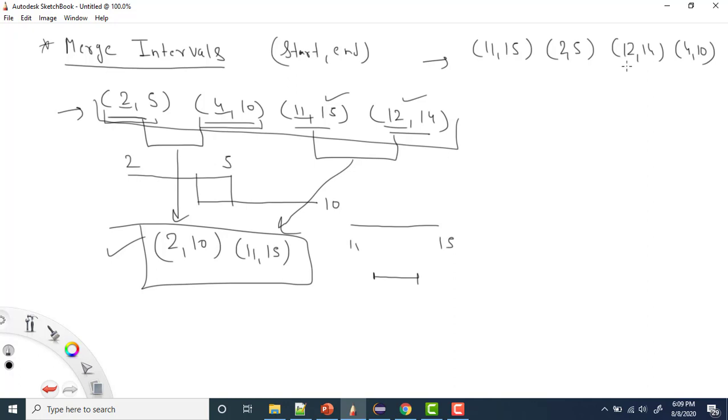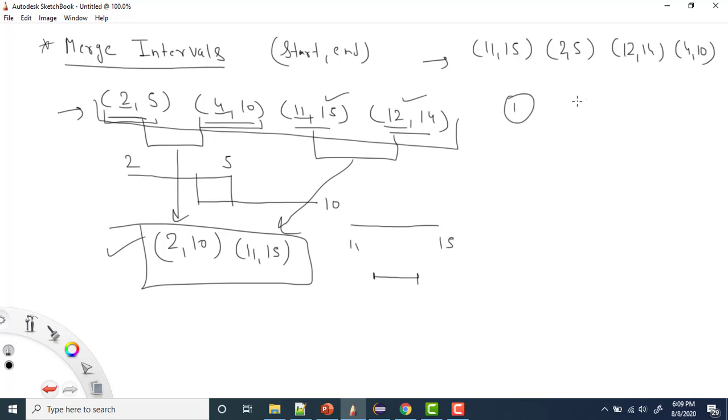So the first thing that you need to do is sort the intervals based on their starting value, right? Because if we have the start, then only can we go further, and then only can we see exactly what picture we have. Because these intervals are in order, we can see that here we have 2 to 5, then we have 4 to 10. So again there is some overlapping, so I can merge them, right?